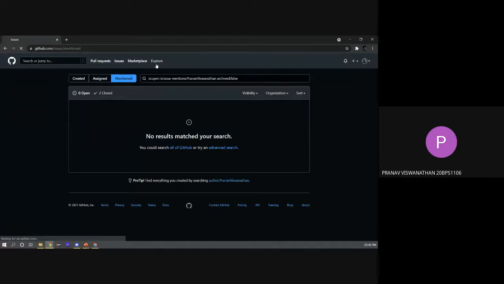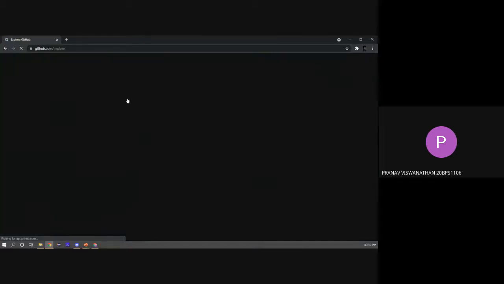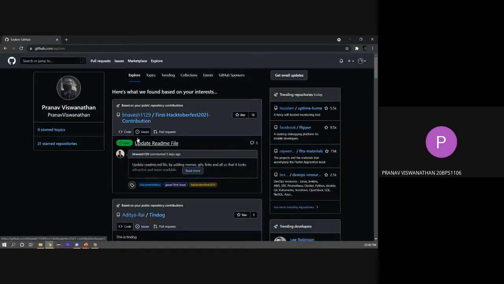And the Explore tab is extremely important because it gives you an overall view of what's happening in the community at the moment. After it loads, you can see that anything you see over here will be based on the repositories and interests that you have.